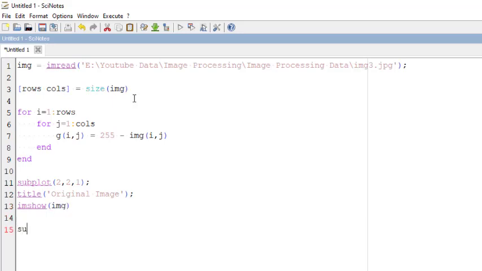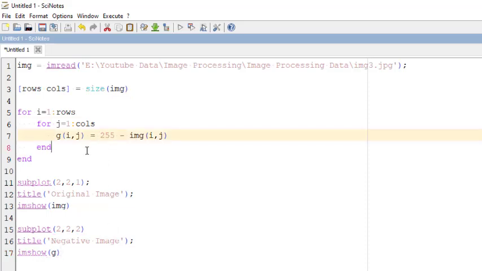Now second, again use the subplot for the output image, 2, 2, 2, then title, negative image, and then imshow of g.